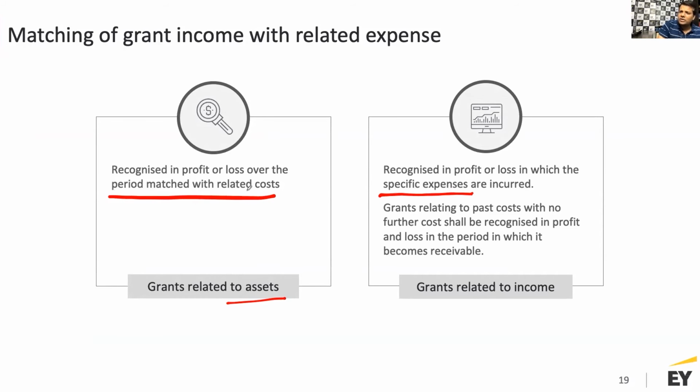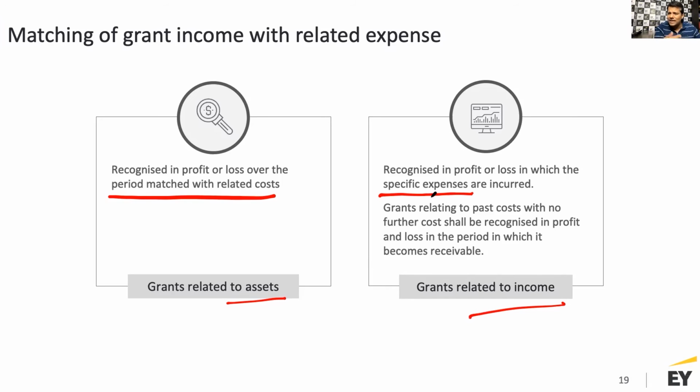Normally for an asset, depreciation is a cost which goes into the P&L, so you normally match it to the depreciation policy. If the depreciation policy is straight line, do it on a straight line basis over the life of such asset. Similarly, recognize in P&L if it is related to income, when the specific expenses are incurred,